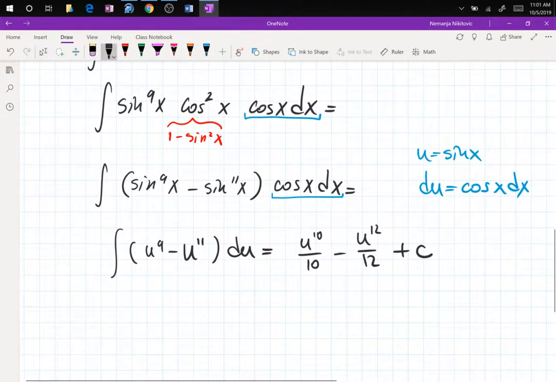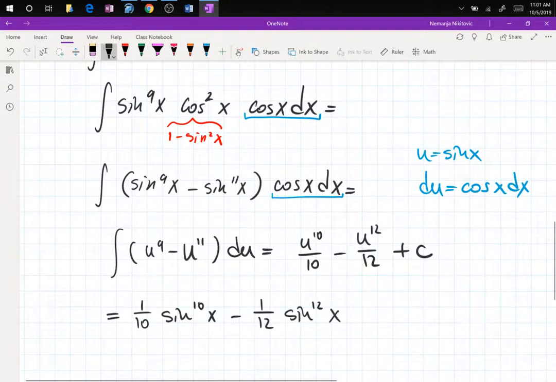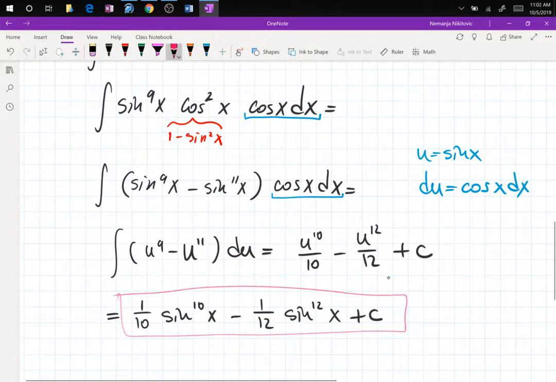And then we bring back our original variable x, which means 1 over 10 sine to the 10x minus 1 over 12 sine to the 12x plus c. You could simplify this a little bit, right? Pull out 1/2 sine to the 10 and so on, but